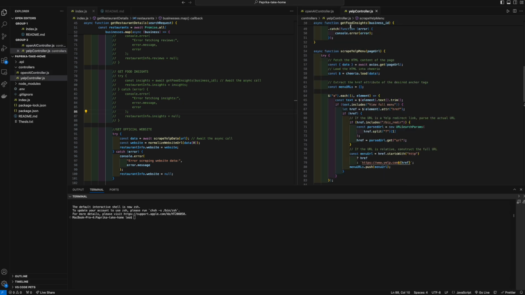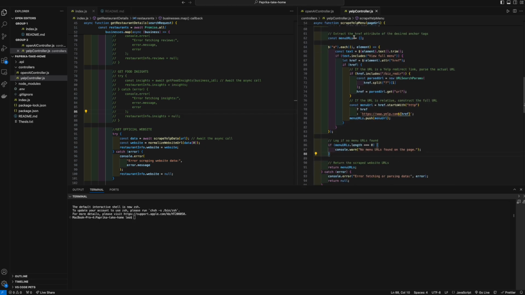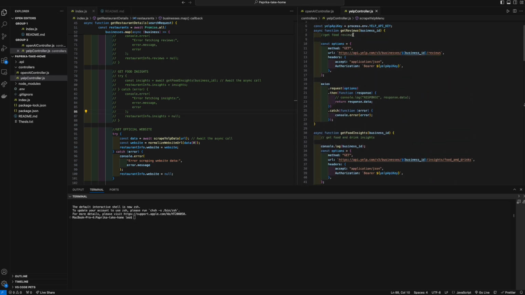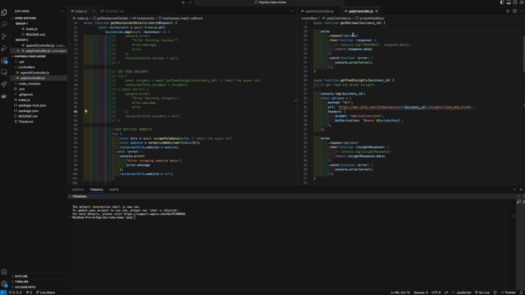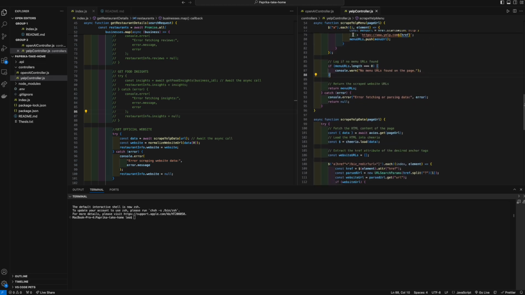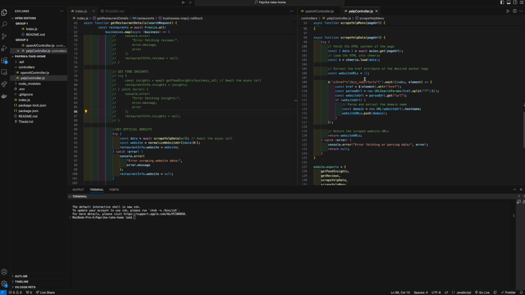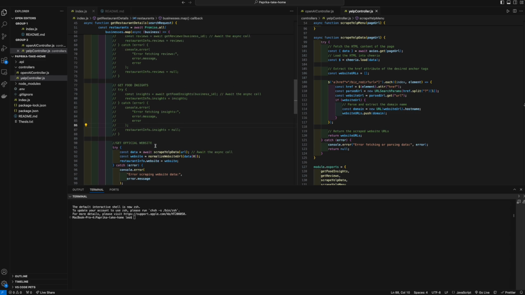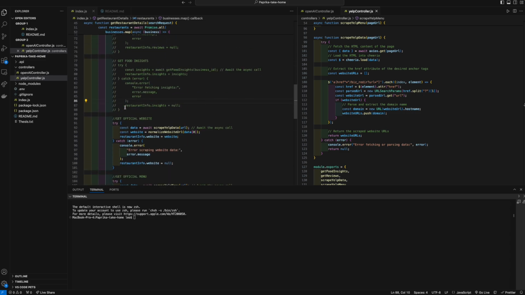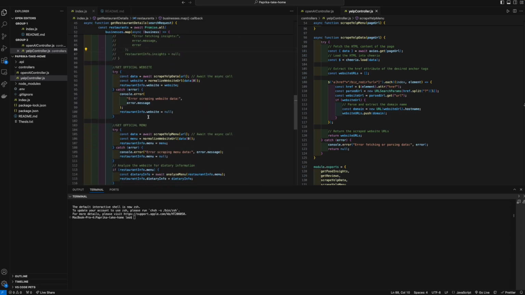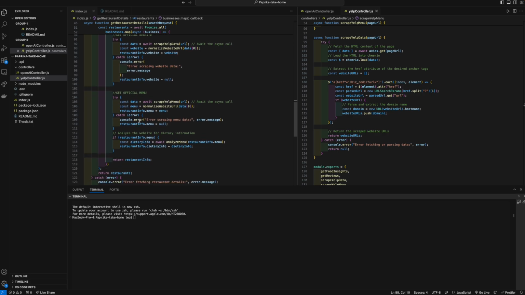Yelp controller.js, and here, where is it? Get reviews, get food insights, scrape Yelp data. So here is the code where it'll eventually return an official URL for the website. I would add that to the restaurant info object up here,